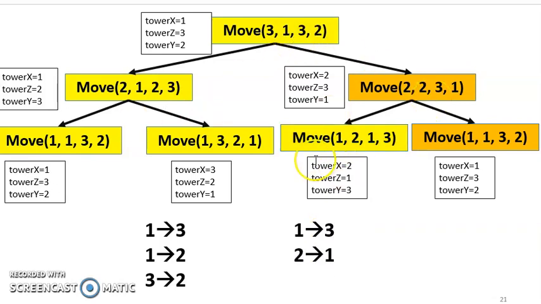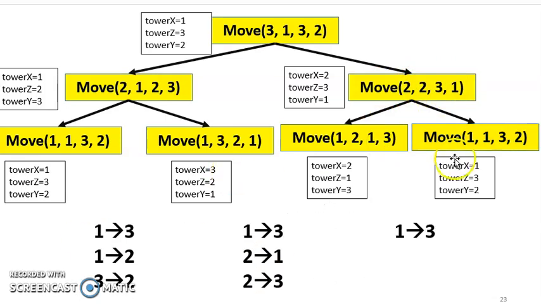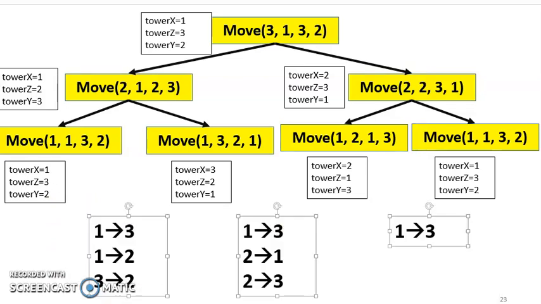Then again, if you go into the left hand side to see which one to call first, it will call 2 to 1. Then it will go to call the middle function, that is the printf 2 to 3. And finally, it will call 1 to 3, that is the rightmost recursion call. Okay, so let us solve. So this is your solution.